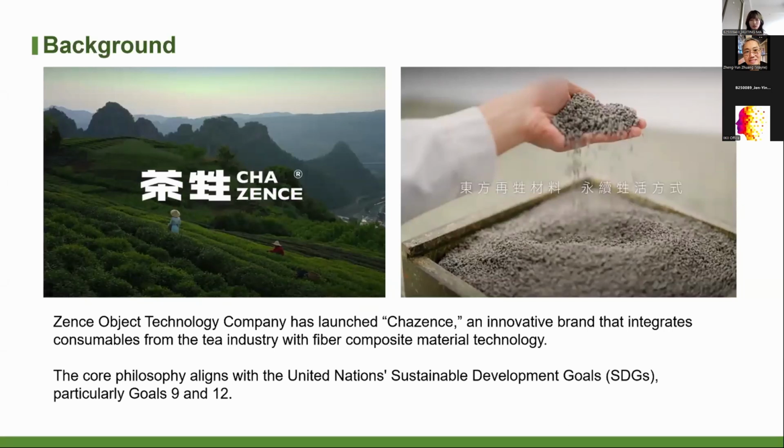The company is a sustainability-driven company located in the Guangdong, Hong Kong, Macau Greater Bay Area. It has launched an innovative brand called Shou-Chlien, which creatively combines waste from the tea industry with fiber composite technology. By recycling tea residues and turning them into eco-friendly materials, the brand explores new possibilities for sustainable product development. The core philosophy aligns with the SDGs, particularly goals 9 and 12, focusing on industrial innovation, responsible resource management, and sustainable